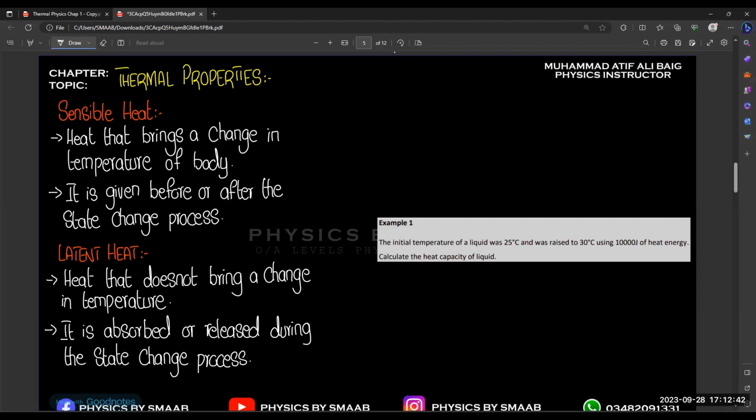So basically, this is a very clear difference between these two concepts of heat, because in our chapter,